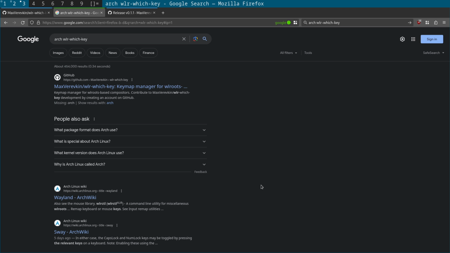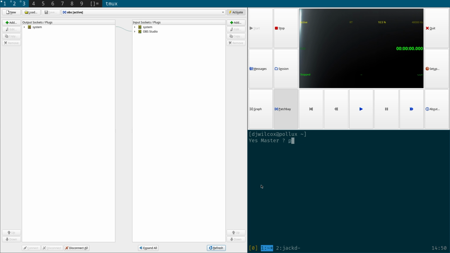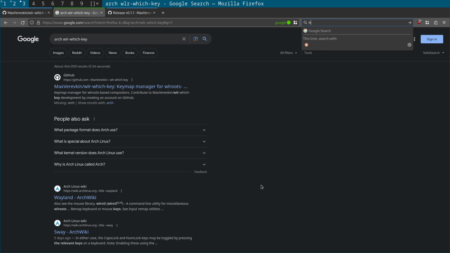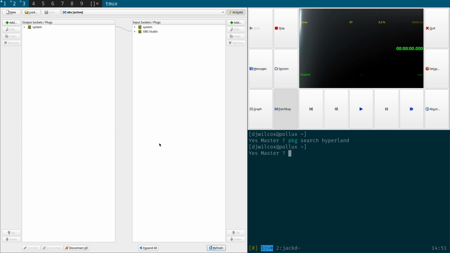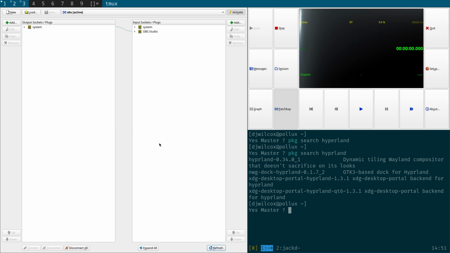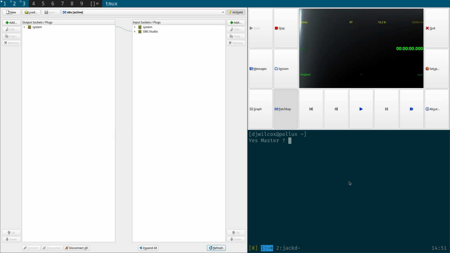You wouldn't think that FreeBSD has great support for the latest stuff, but it does actually. So if I come across here and search pkg search Hyprland? How do you spell the thing? Hyprland. I'm sure they've got a funny, yeah, they don't have the E. pkg search Hyprland. There we go. So Hyprland is available as a package